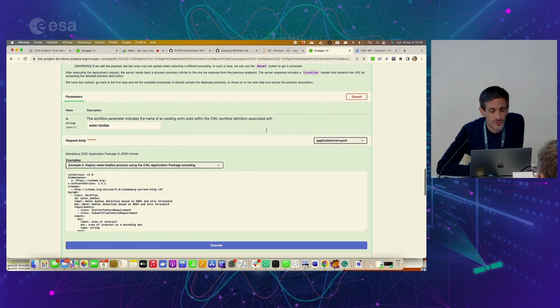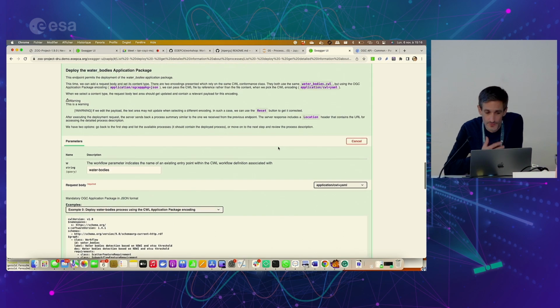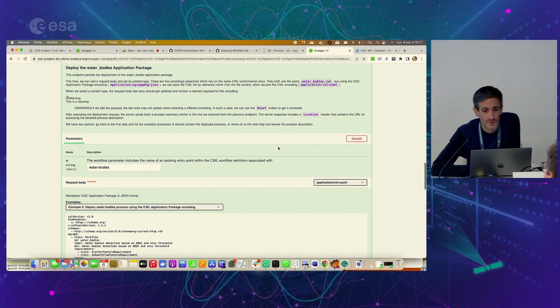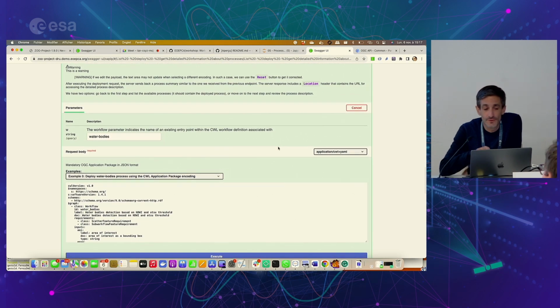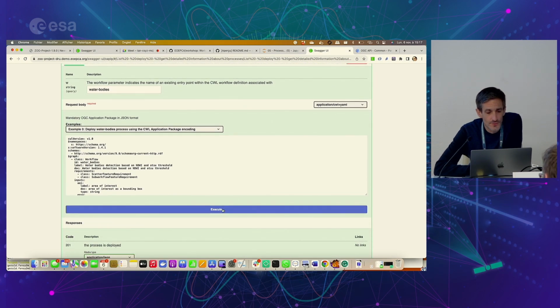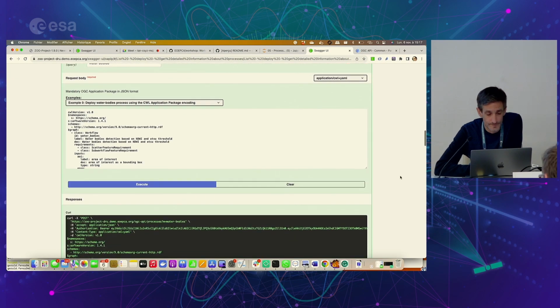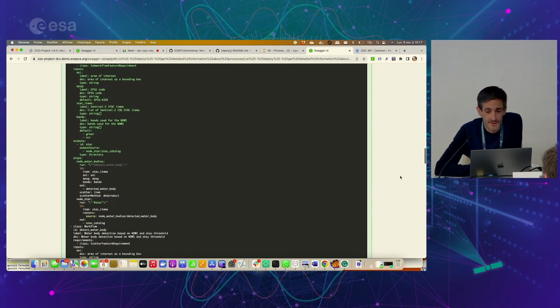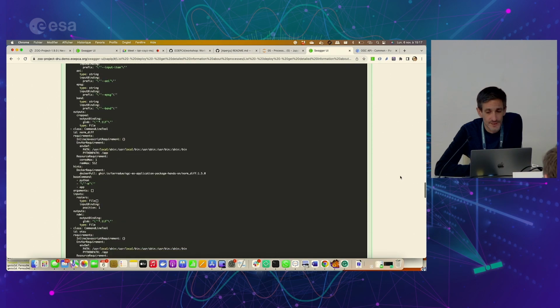So for the purpose of this demonstration, we will only use the CWL encoding. As you have noticed, when I switch from one encoding to another, you may need to click on the reset button to make sure the file is properly shown. So once you click on execute, what happens behind the scenes is that your CWL application will be,